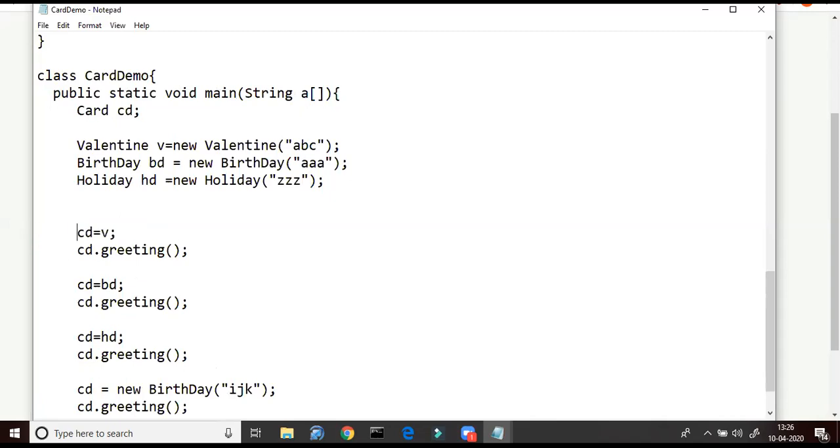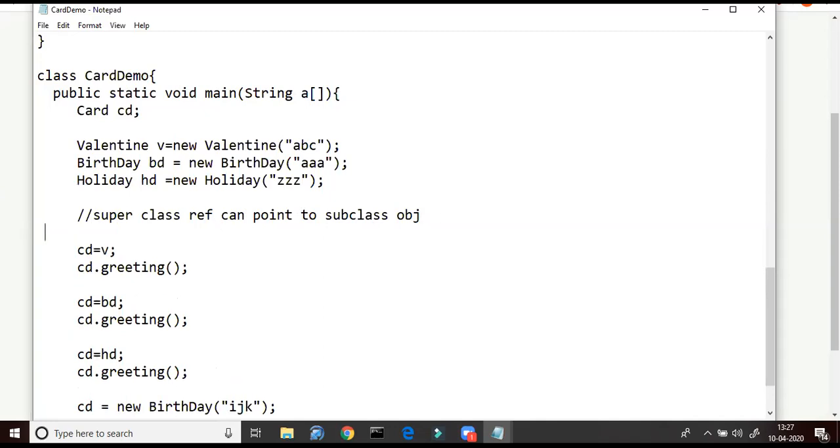CD is equal to V. CD is a reference of the class Card. CD is assigned to V, where V is an object of the class Valentine. So there is a concept in Java which says that a superclass reference can point to a subclass object.